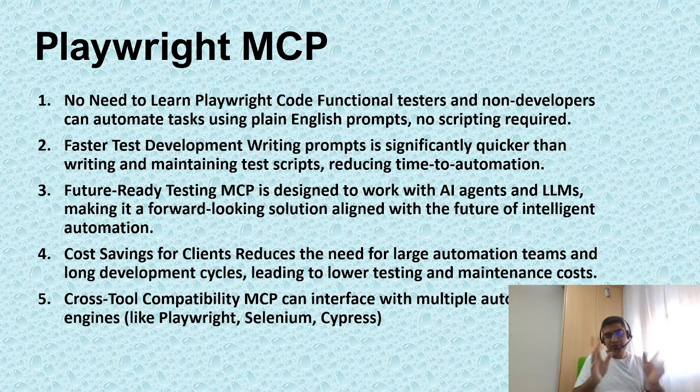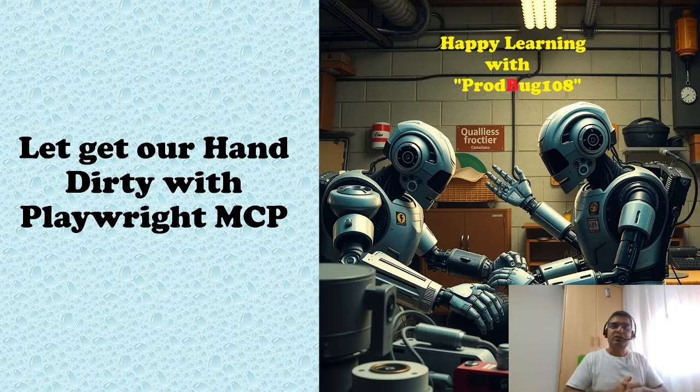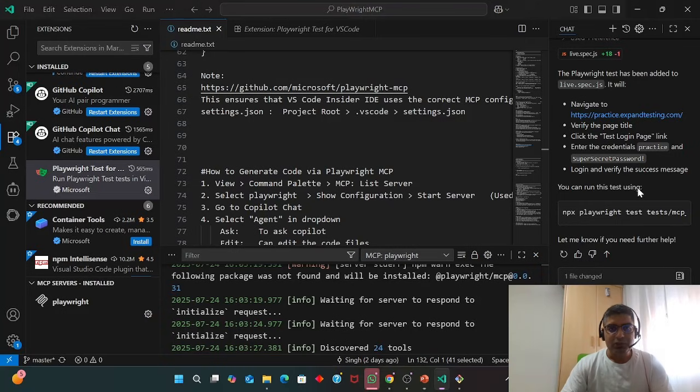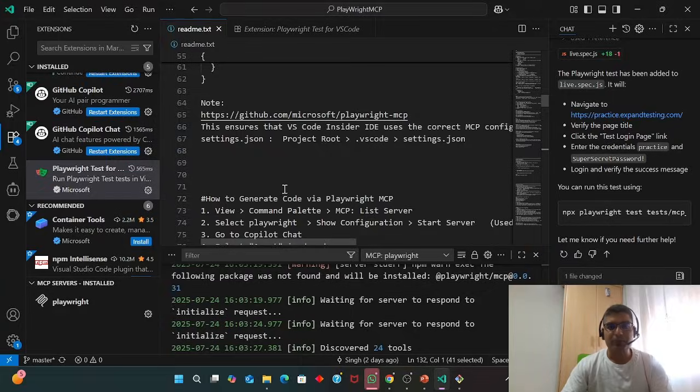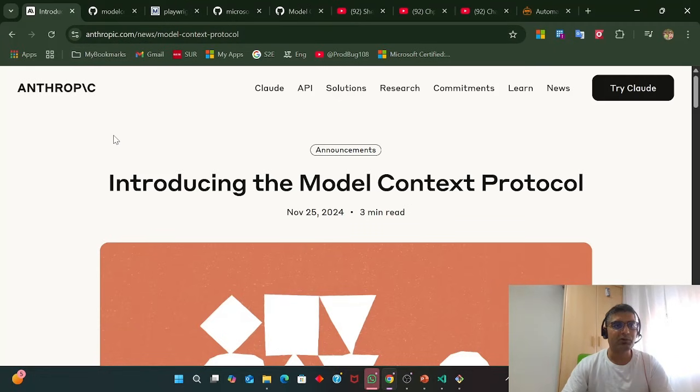Don't worry, even if you are not able to understand, I totally understand. If you have heard about this, you will be able to understand what I'm talking about. But even if it is going over your head, it's totally okay, no problem. Let's stick to it. We are going to see the coding part and all these things. With the help of English, you can see it's so easy. So now let's go and see some code. How can we do that? Let's get our hands dirty. Let me show you the coding part. Before that, let me show you some more things. So MCP.